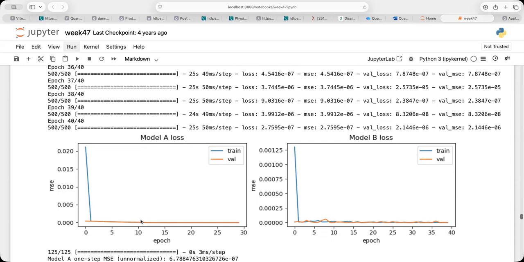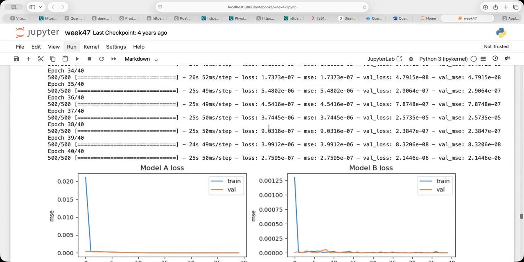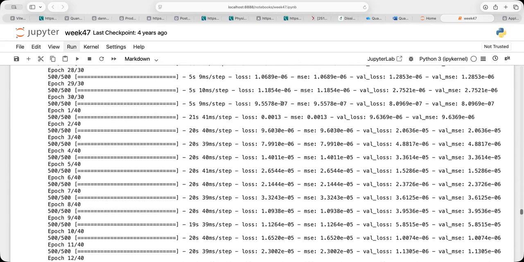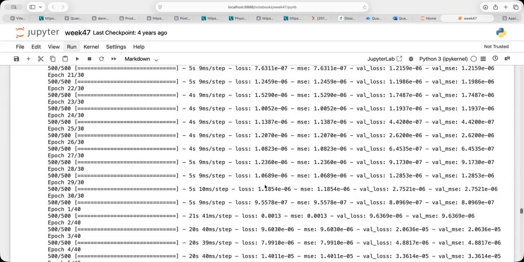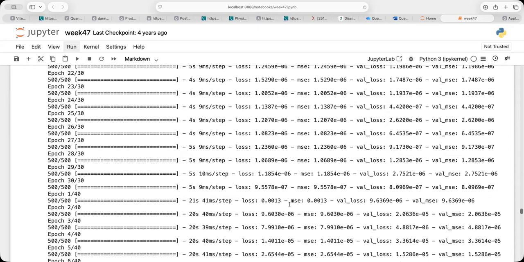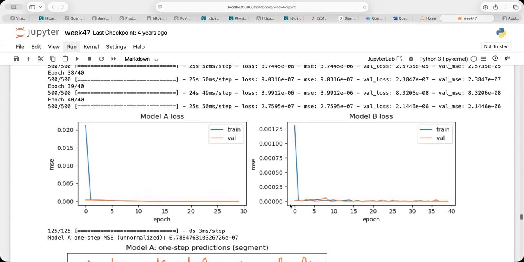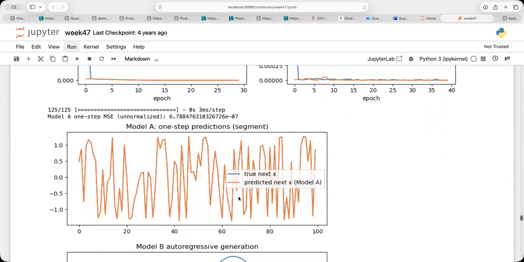And you can see the loss function is basically very, very small. So that was model B, and model 1 gave a loss function which is a similar value of 10 to the minus 7. So this is a typical example, and you can see the model A prediction and the true one, they are basically overlapping here.